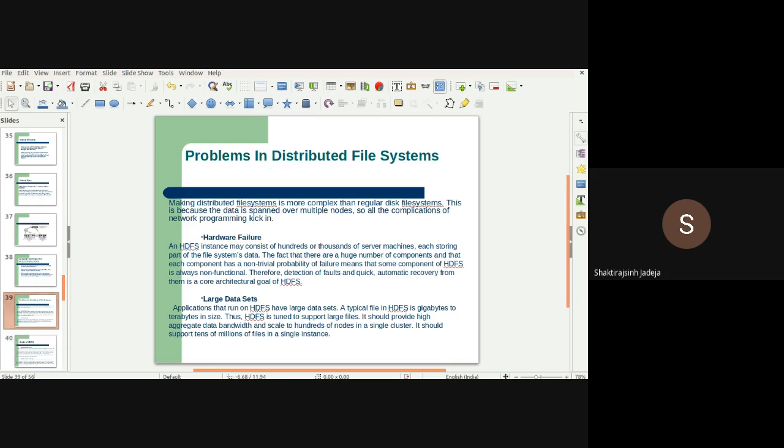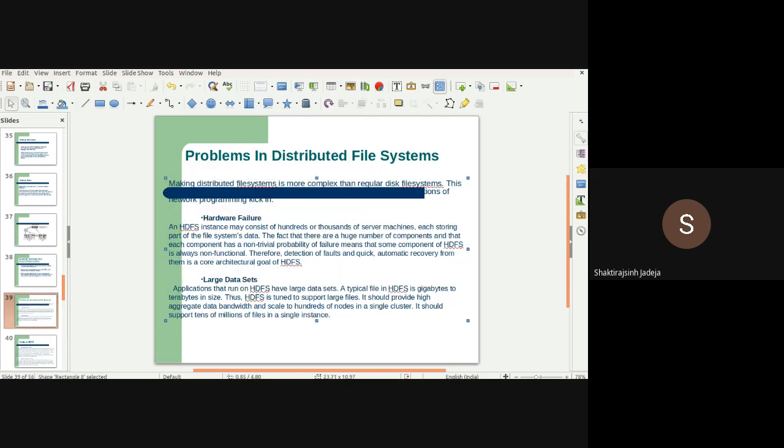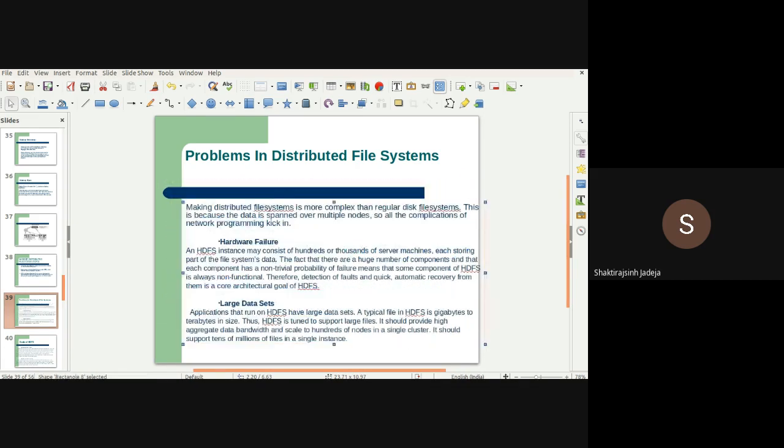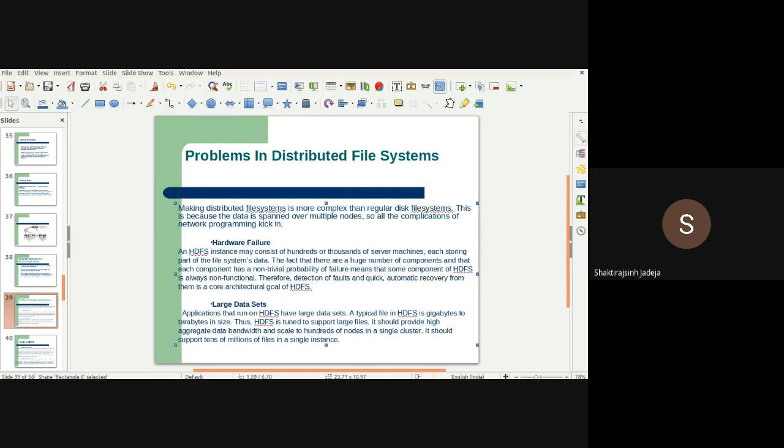Now, problems in distributed file system. This one is important, guys. If you look at this properly, it tells us what things we need to take care of while using a distributed file system, and what effects it will have on the system with respect to HDFS. Making a distributed file system is more complex than a regular disk file system, because the data is spanned over multiple nodes.